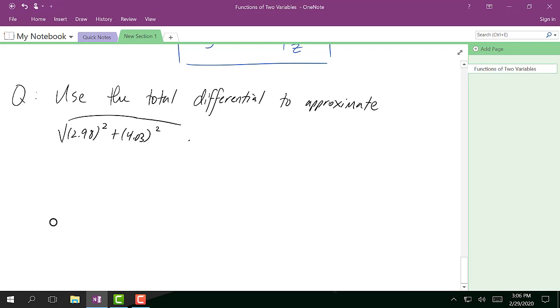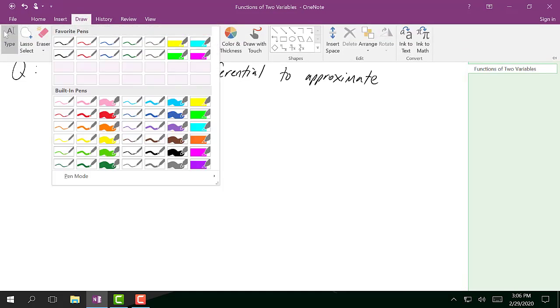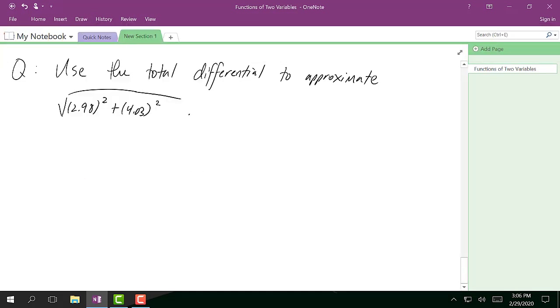Again, we see that 2.98 is some value that's close to 3, and 4.03 is some value that's close to 4. And so what we're going to use is the close by values here to approximate this. So what I mean to say is I'm going to do the following steps. First, let's consider